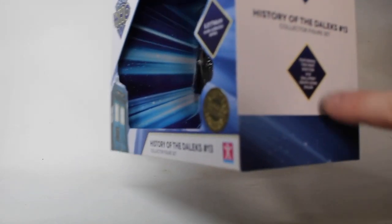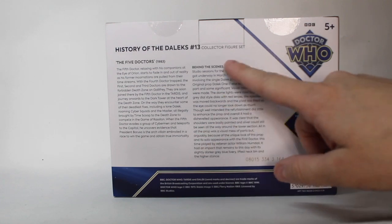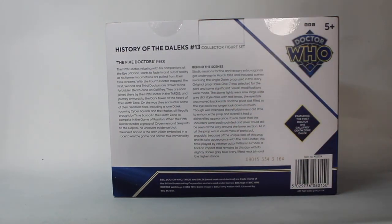This side does have what it features, and then if we turn the set around on the back here, you can see that we have information about the 5 Doctors, and then we still also have this lovely behind the scenes bit of information. I love the fact that we're still getting this behind the scenes information. I think it's absolutely fantastic, well worth getting this little bit of extra information about what's in the set,